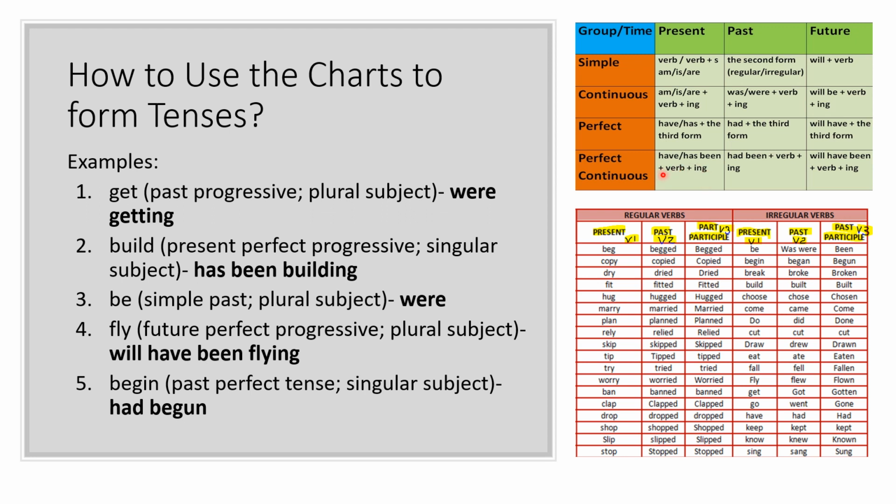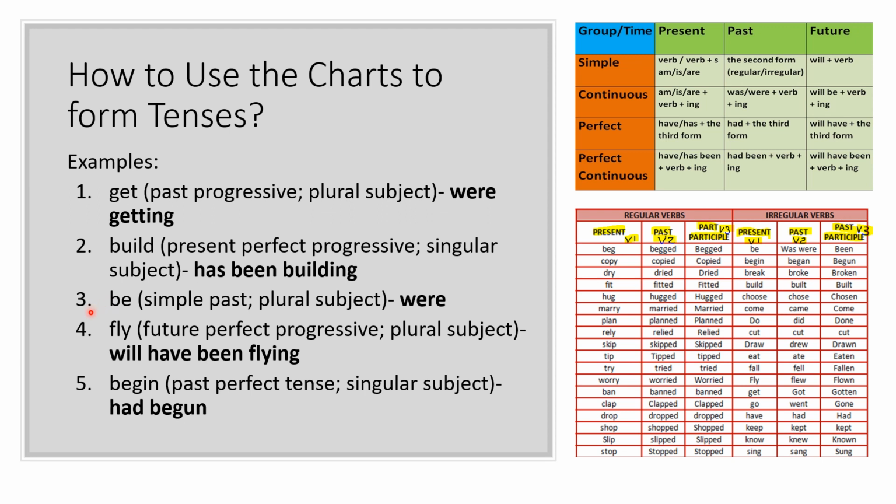So which of the two should we use? Have or has? Which of the two auxiliary verbs? It will be depending on the number of the subject. According to item number 2, your subject is singular, so therefore the auxiliary verb should also be singular. And which between the two, have or has, is singular? Obviously, it is has. So the answer is has been building. So the present perfect progressive form of build is has been building if the subject in the sentence is singular.